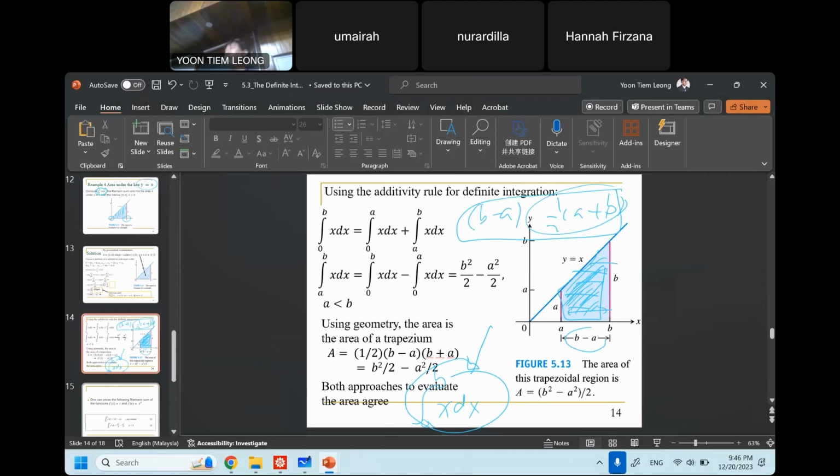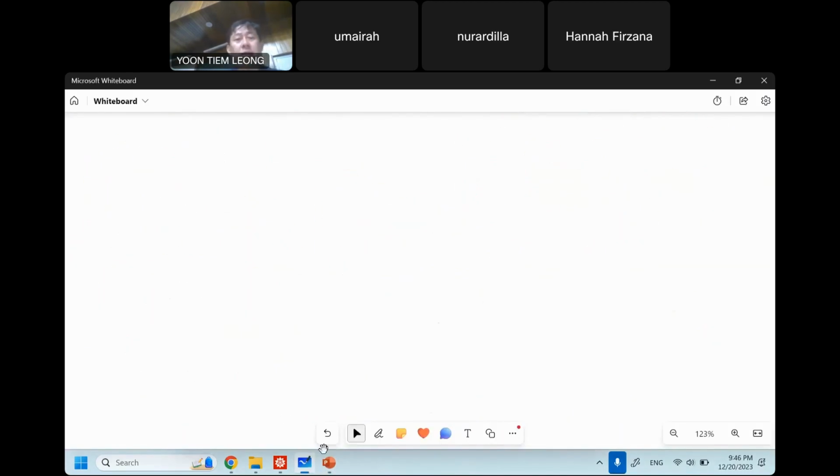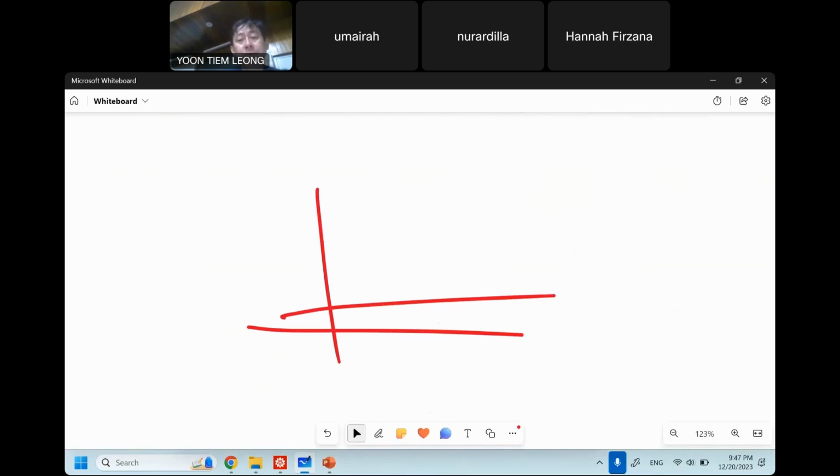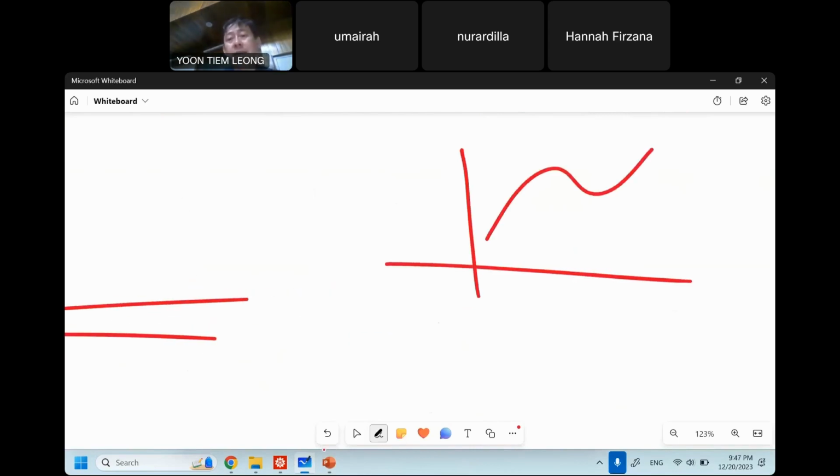However, in general, if the function that you want to calculate the Riemann sum for is not simple, and does not give you a simple geometric interpretation, for example, a function that looks like this, then it would in general be difficult to use any geometrical rule to work out the area of this function. So the method I just mentioned, using the area of a simple geometry as a shortcut to calculate the Riemann sum, would not be applicable for cases like this where the function does not represent a simple geometry,